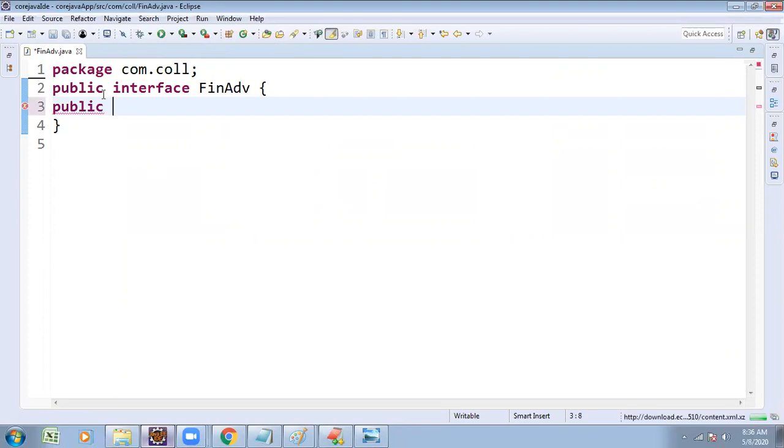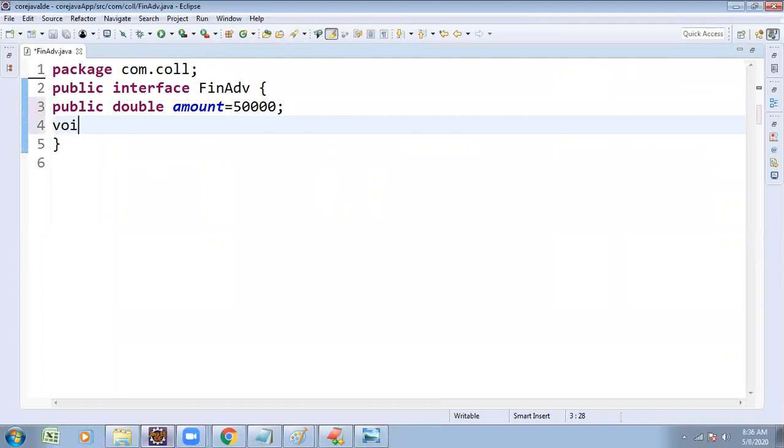Public double investment amount, the amount he is trying to invest. That's why he is going to meet with the financial advisor. One more method, void FD, the fixed deposit method. Create one interface with zero or more abstract methods.